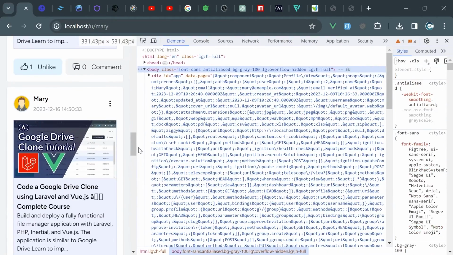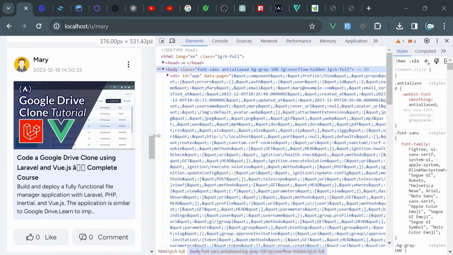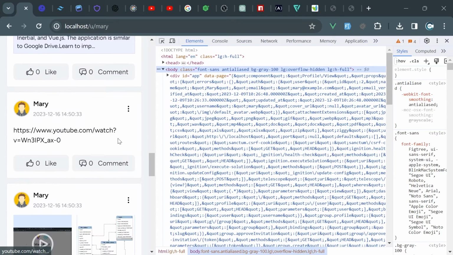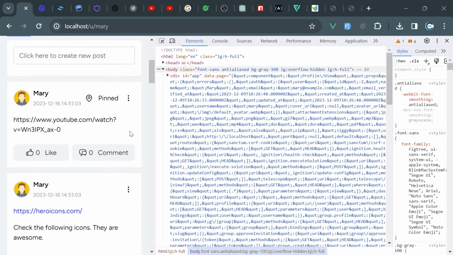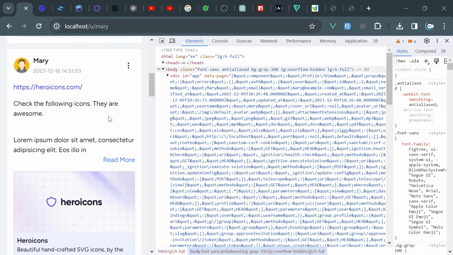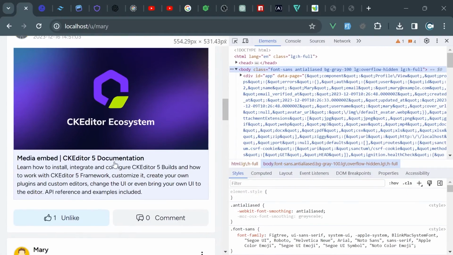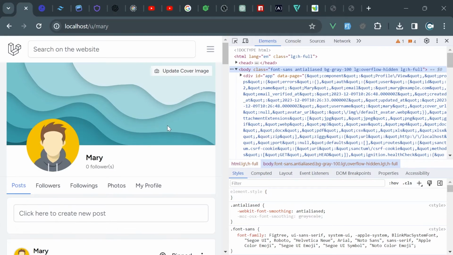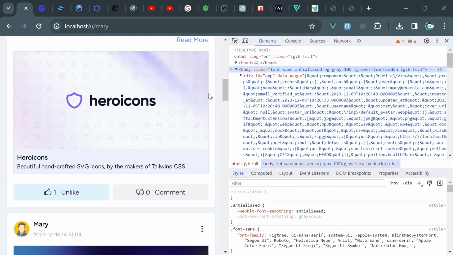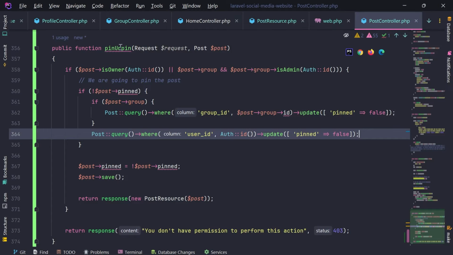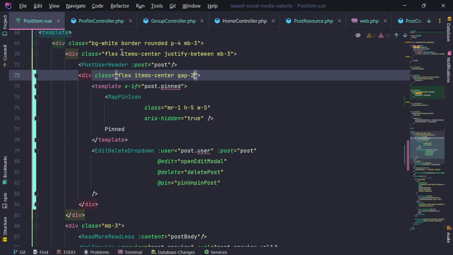I'm going to reduce this. We have this twice. If I pin that post, it gets pinned. I reload the page and I have only one pinned post, and this is it. So I don't have anything else pinned. However, I need to refresh the page. So if this is pinned right now, and if I decide to pin this one, this should move to the top. So what I'm thinking right now is that from the post item,